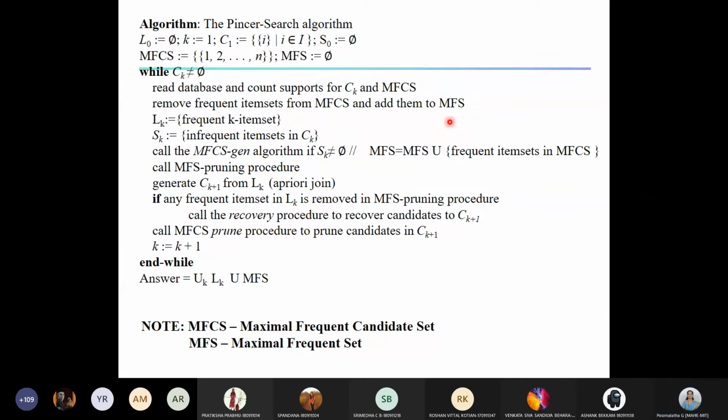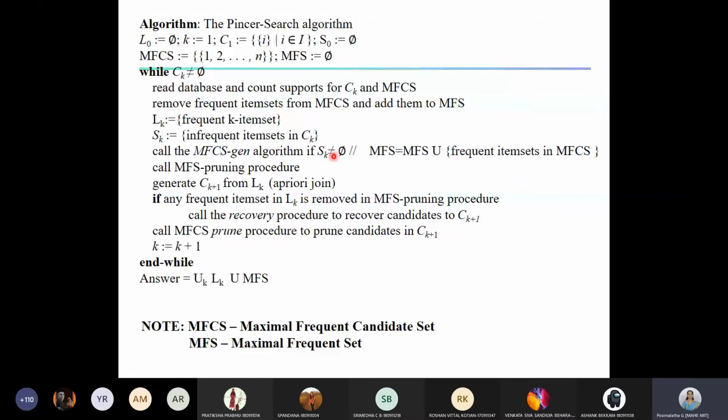Fine. After this, we call the MFCS-gen algorithm if Sk is not equal to empty. Again, it is for the top down. Here we have the infrequent item sets, and it says to call MFCS generation if Sk is not empty.